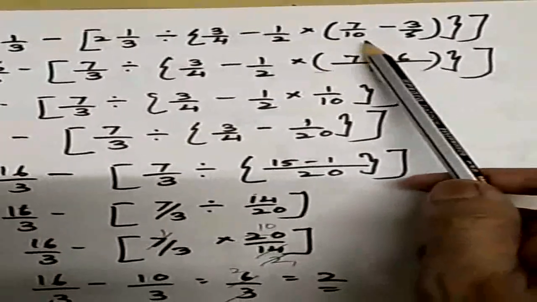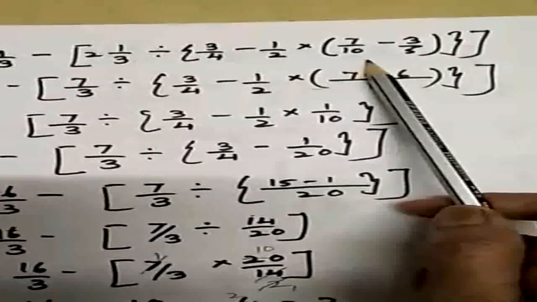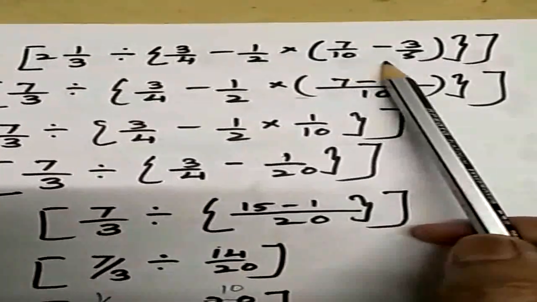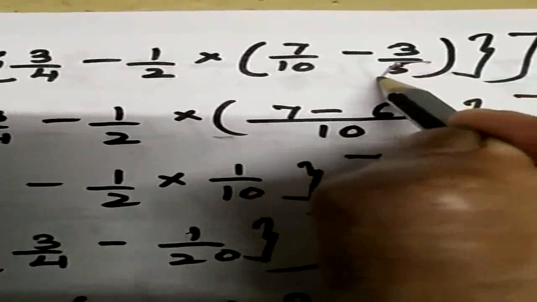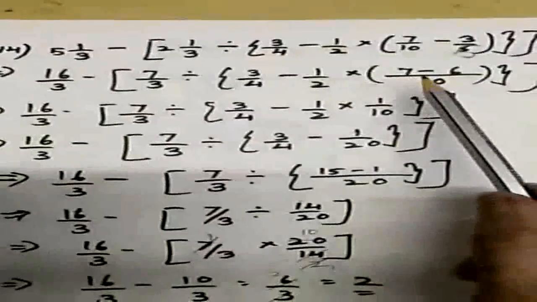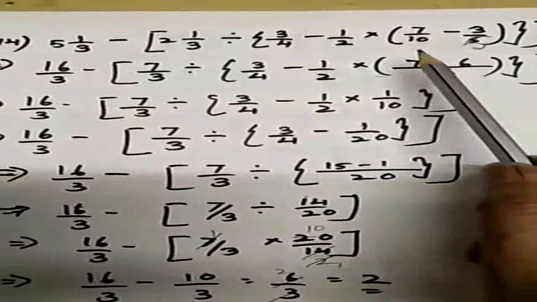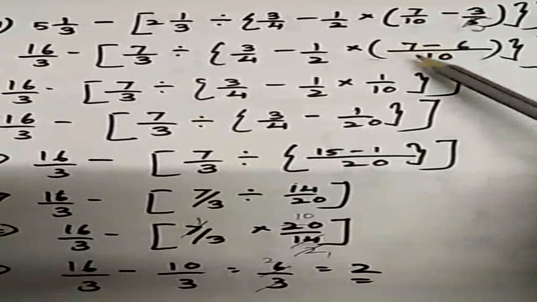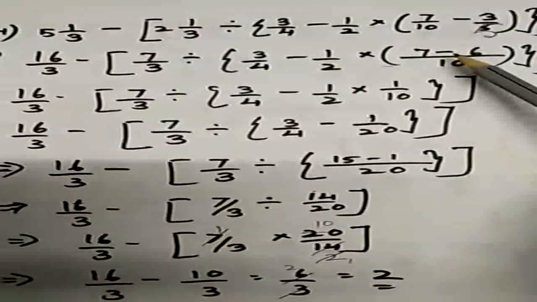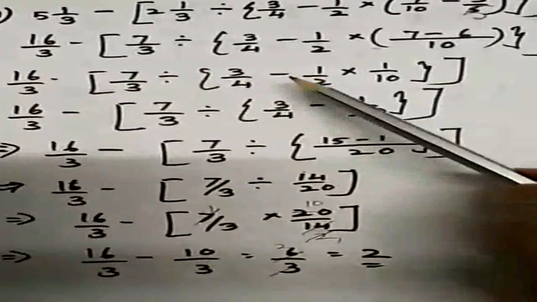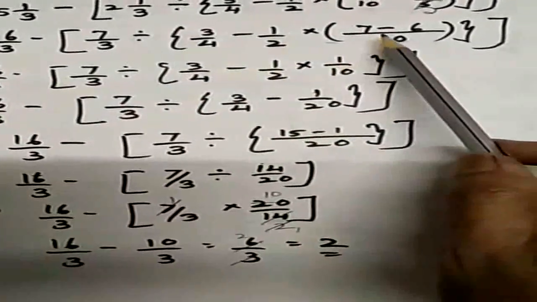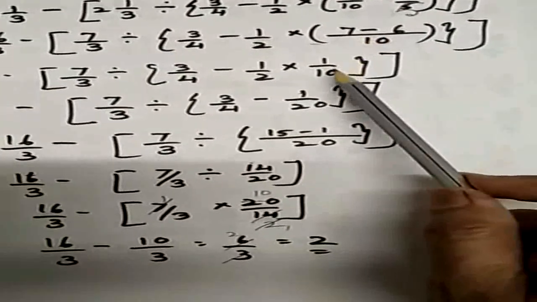So in the ordinary bracket, you know, you will take the LCM of this. Okay, 10 and this is 3 by 5, I think so. But the LCM is 10. 10 and 5 LCM is 10. Then 10 divided by 10 is 1, 1 into 7. Then how to solve this, you know. Then in the next step you will bring the answer of this bracket. Then copy down all the rest and write minus 1 by 2 into, then the answer of this bracket you will write it.